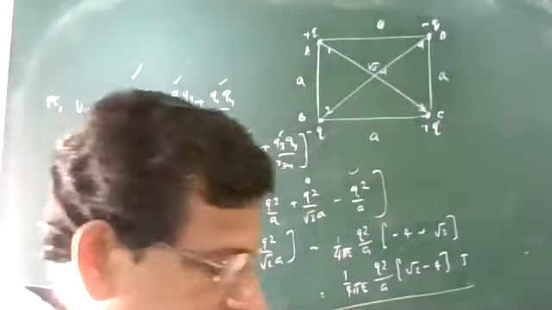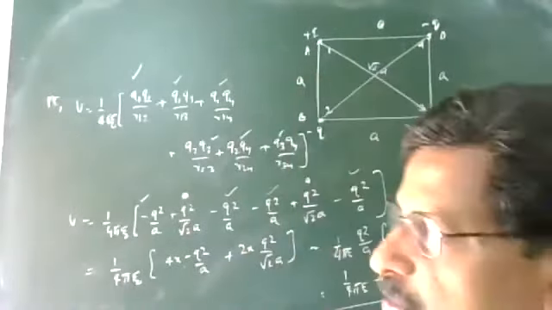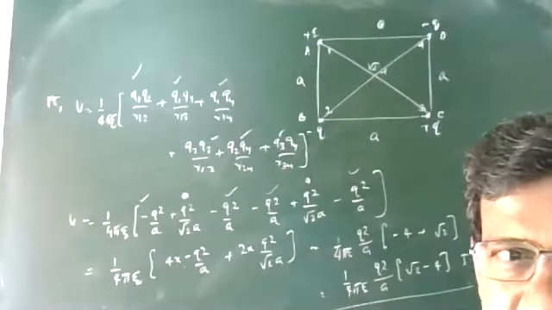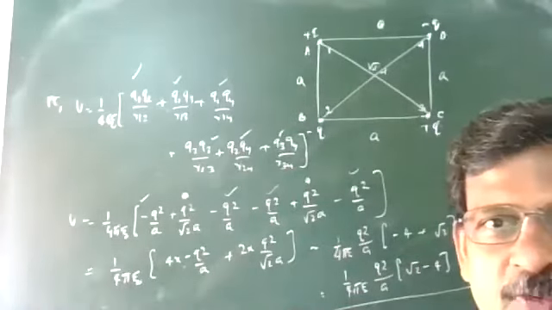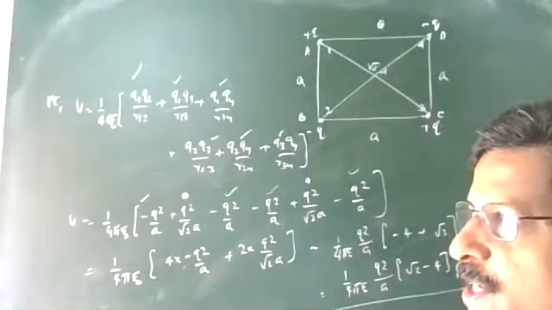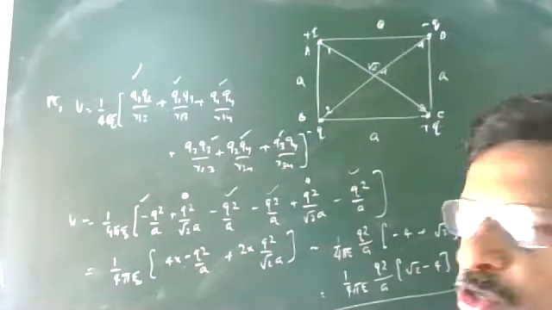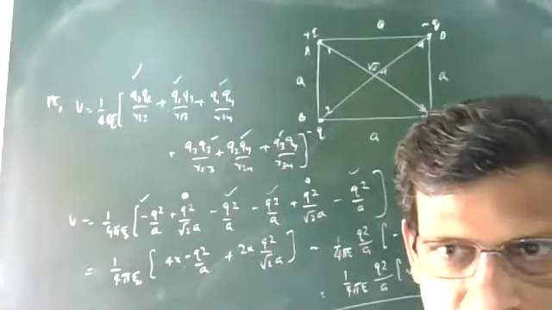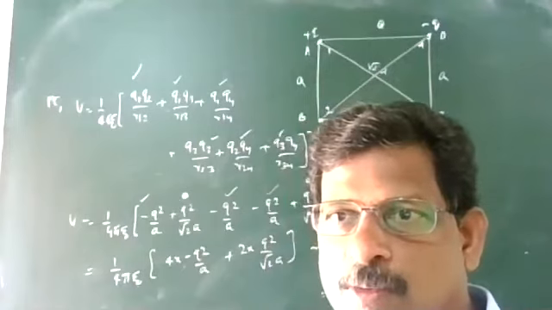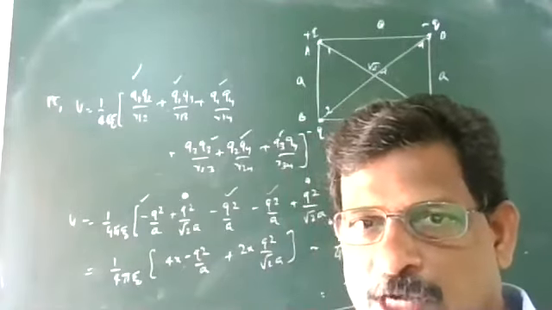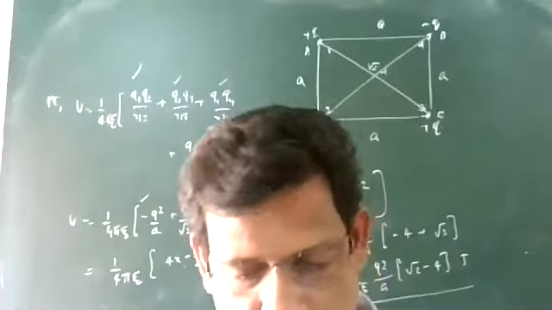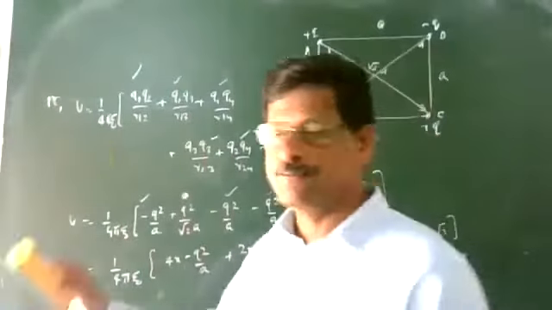Next point we are going to discuss, that is 2020 question. You can see the question paper. So if two charges are placed in an external field, what will be their potential energy? In all the cases, we have taken the charges so that first one charge is taken to a point where there is no field. Now the first charge you are bringing to a point where there will be a field. So potential energy of a system of 2-point charges in an external field. The external field is produced by someone. So what will be that value? So that is this year's question.